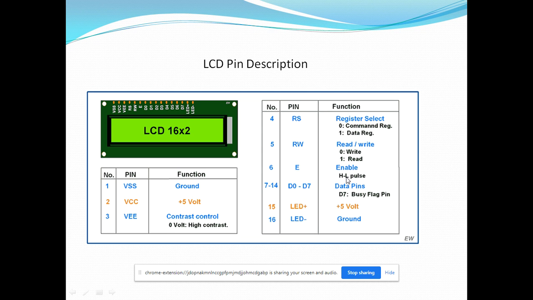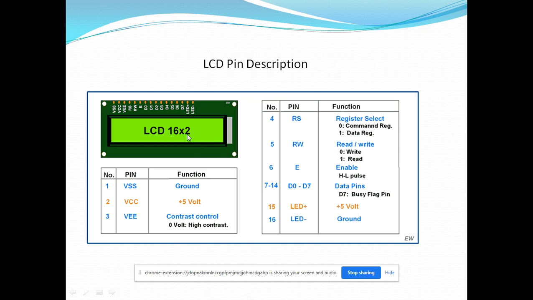This is to latch data inside LCD, because LCD has its own controller inside it, so it can read the data which is sent to it, which may be a command or data for displaying purpose. 8 data pins are available, that is, a data port is available on LCD to write 8-bit data on it.